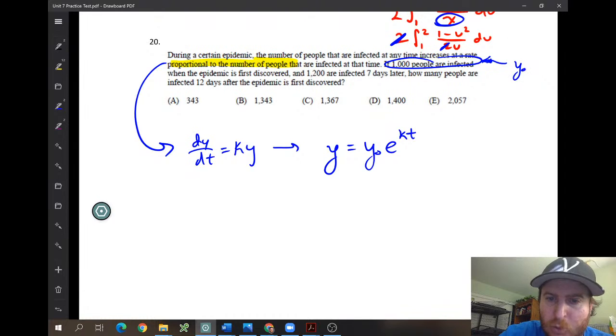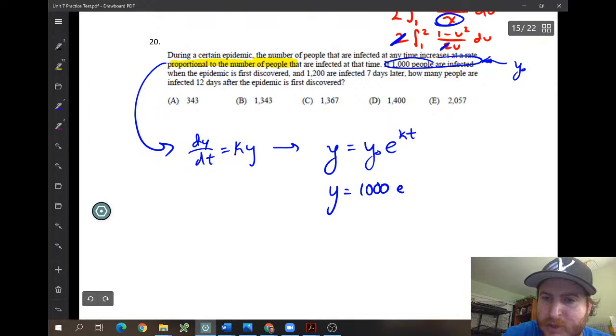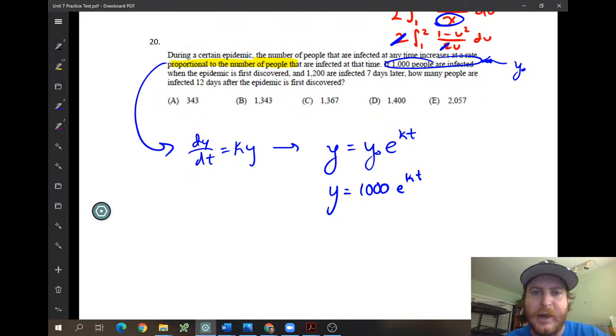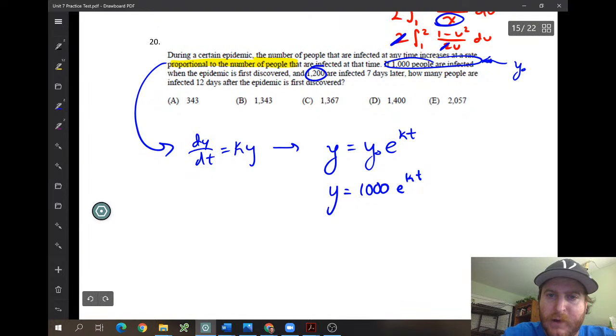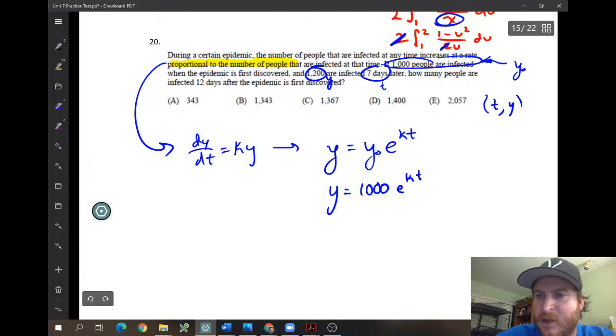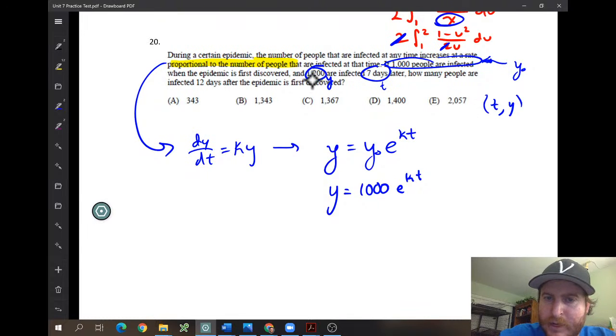So now I can say y equals 1,000 e to the k times t, but I still don't know what the k is. They didn't give me k, but they gave me a way to solve for it because they gave me a point. They gave me 1,200 people are infected at 7 days. So that's kind of like a t and a y, right? On these we would have points like t comma y, kind of like x comma y. So I can plug in 7 for t and 1,200 for y and use that to isolate k, to figure